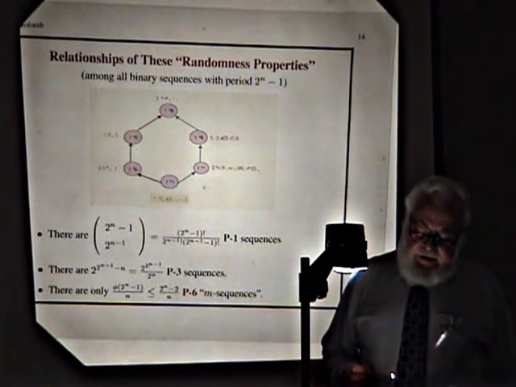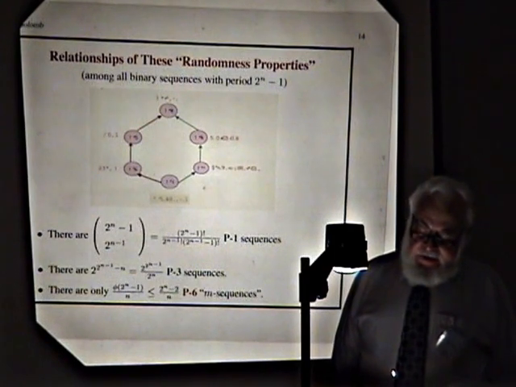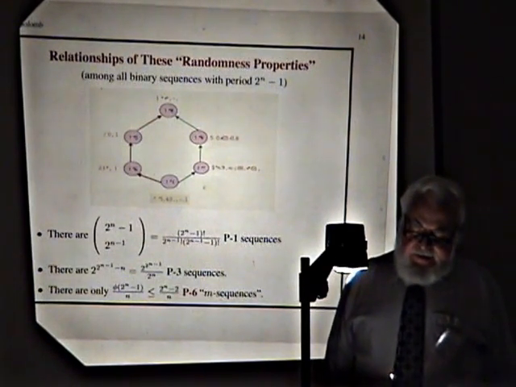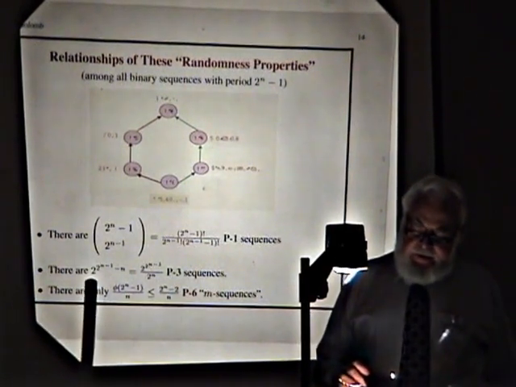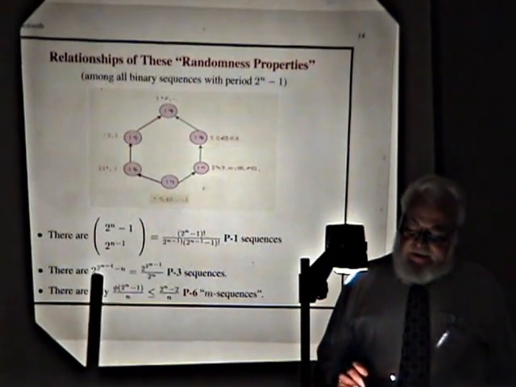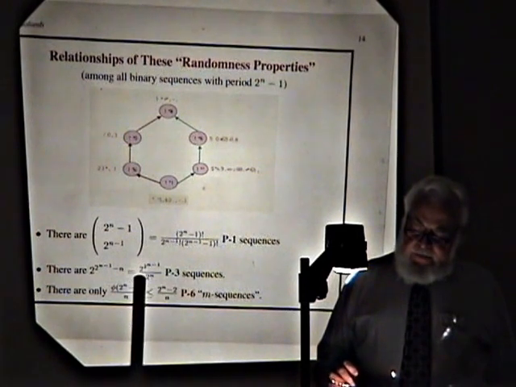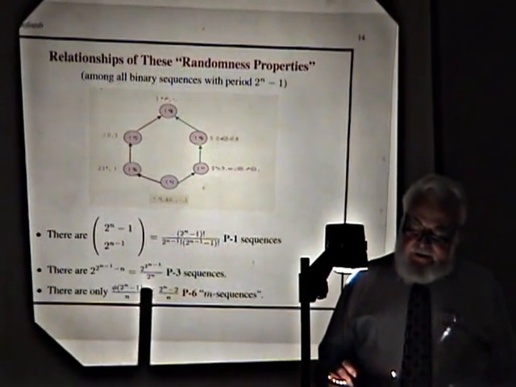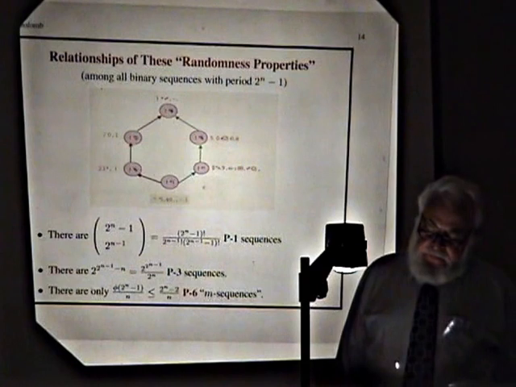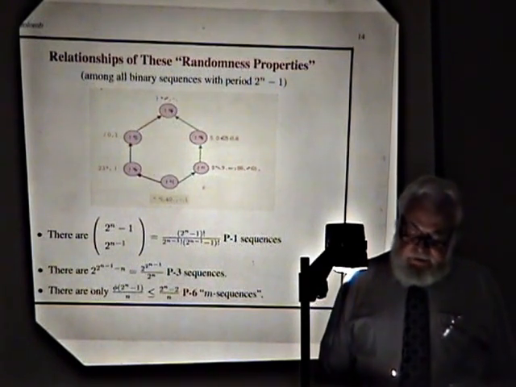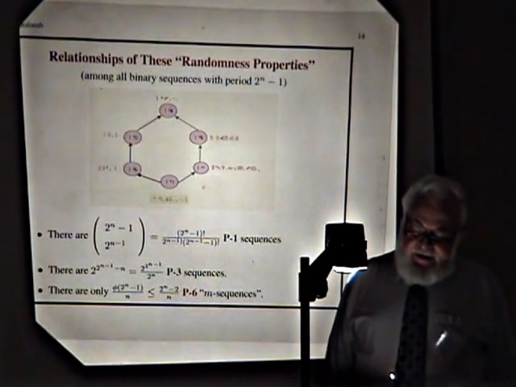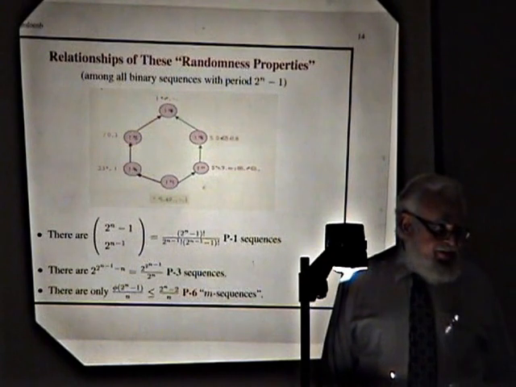The number of sequences with the span n property is equal to the number of so-called de Bruijn sequences, and that number is known to be 2 to the 2 to the n minus 1 minus n, all in the exponent, which I can also write as 2 to the power 2 to the n minus 1 divided by 2 to the n. That's an interesting number. De Bruijn and others discovered that this result was first published in the 1890s in a French